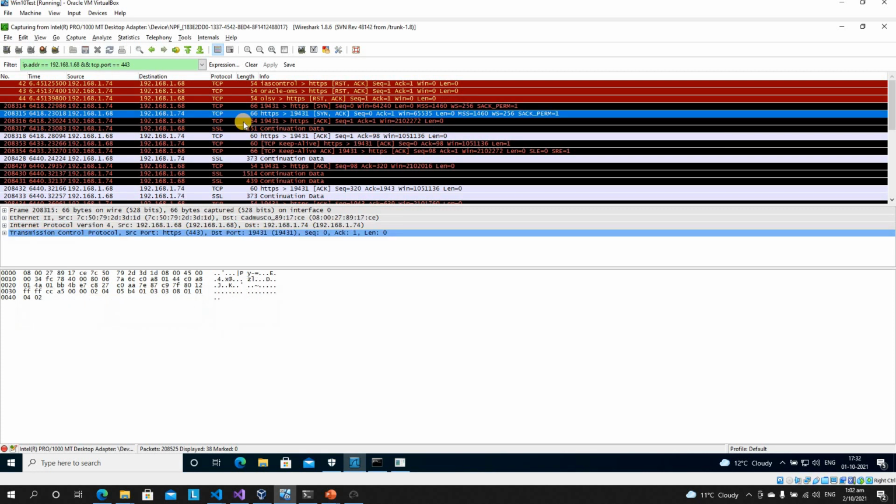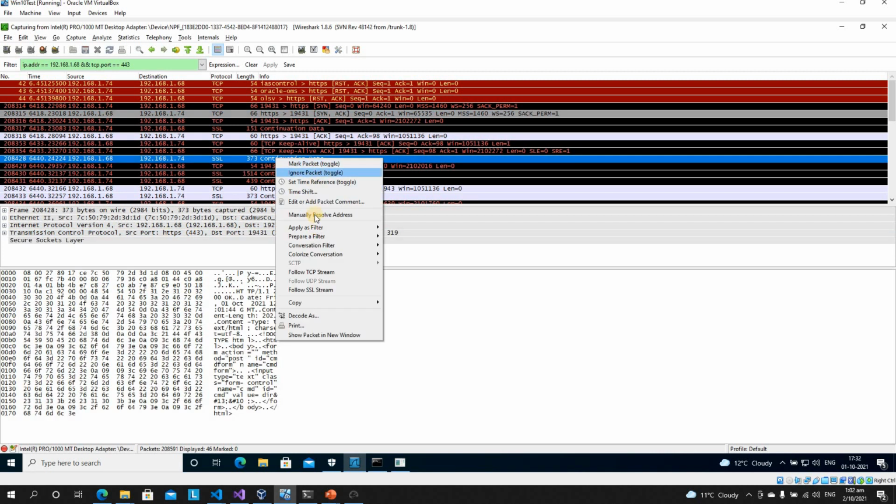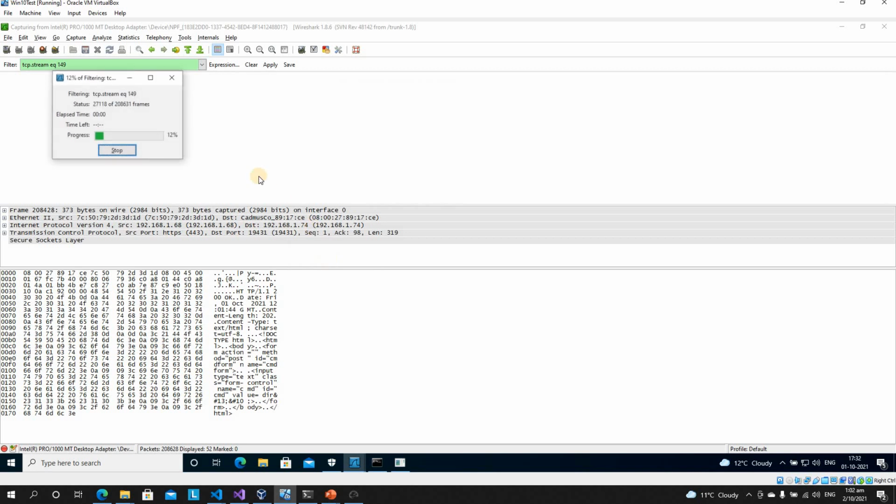See here, just because the port was 443, it says it's HTTPS. But if you go to the continuation of data stream, again it's showing SSL in Wireshark. But if you follow the SSL stream or TCP stream,